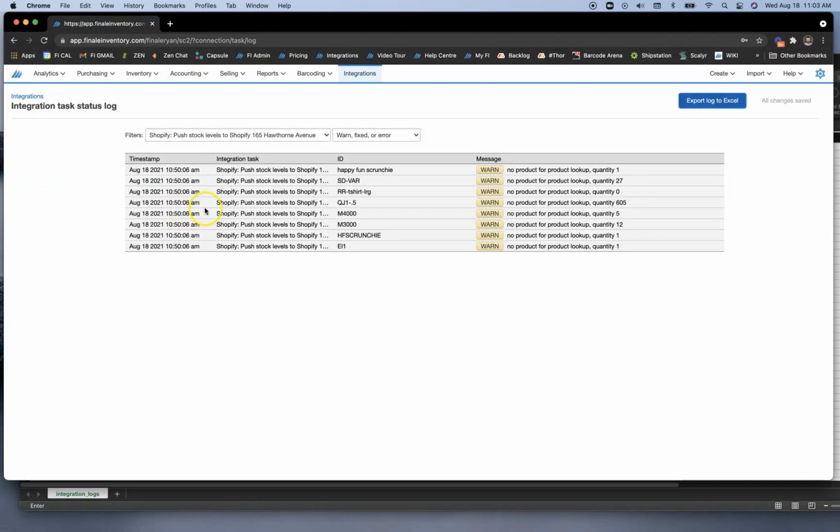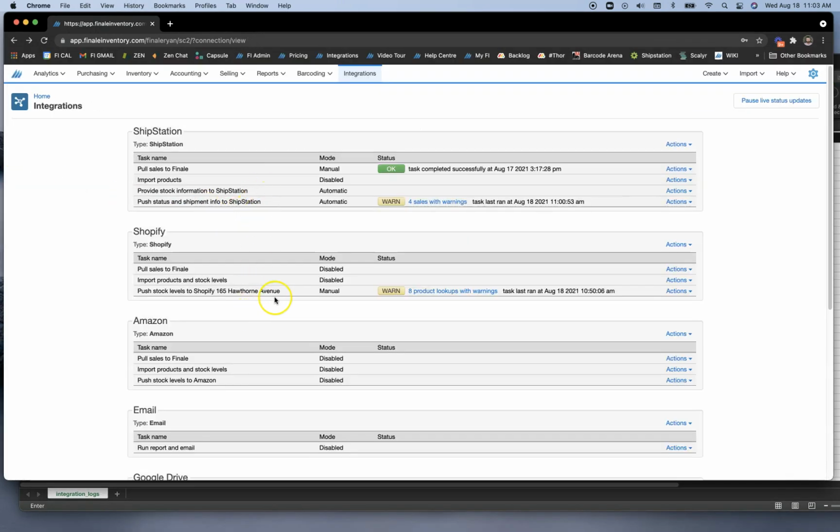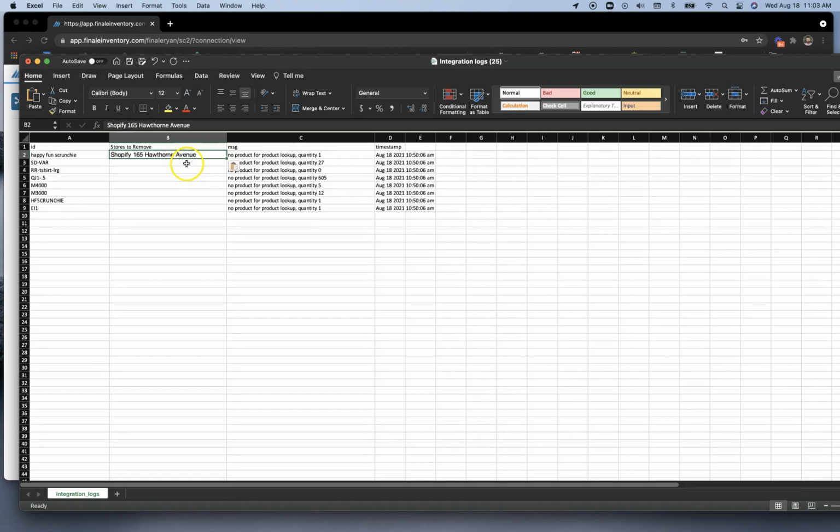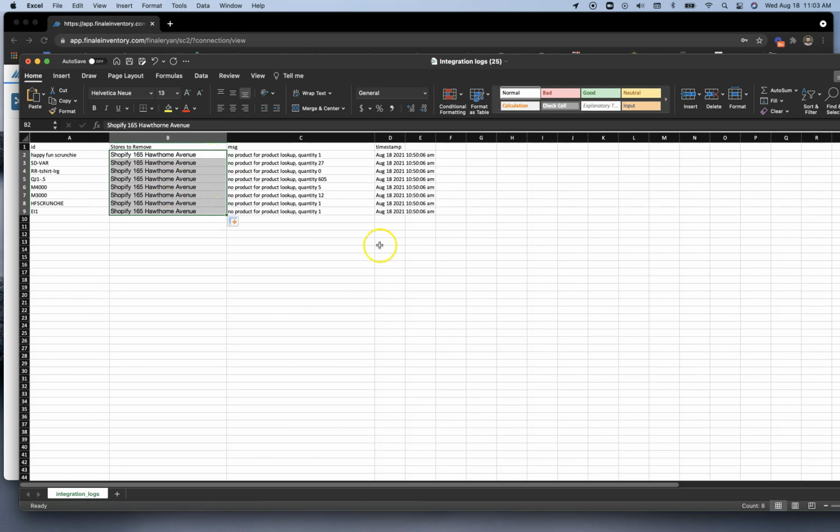So what we can do here is we can back out. What we're looking for is this title right here. So we're taking Shopify and whatever your store name is here. That's the only information that we need. We'll copy that and drop this into the spreadsheet. Now we need to make sure that this is on every single line, and that's all we need to do. So now what we can do is copy these 2 fields,